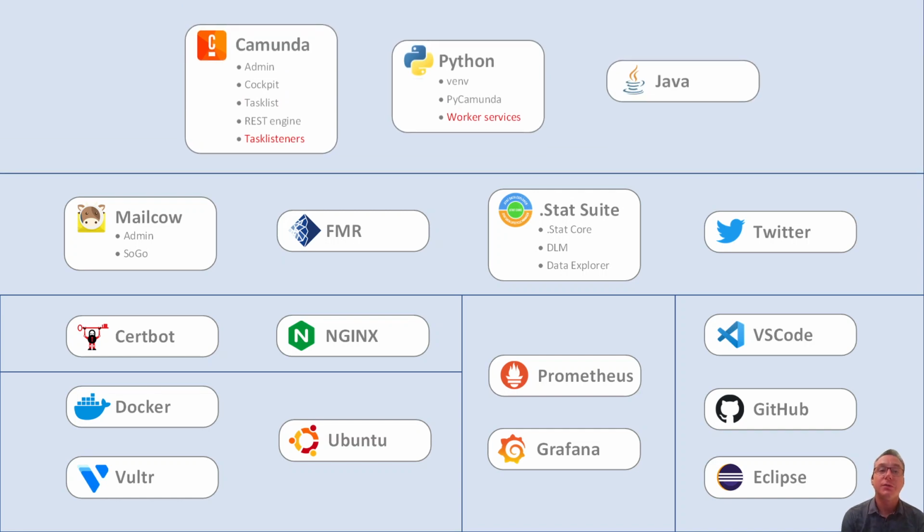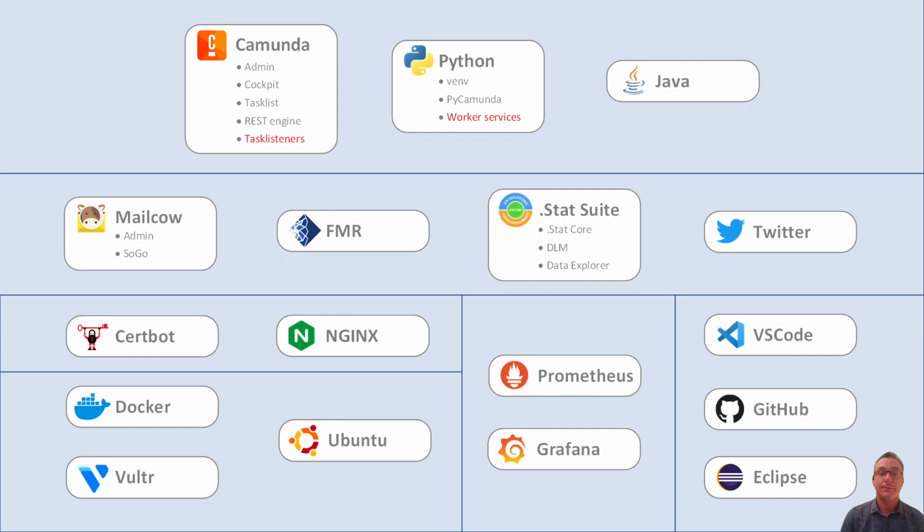Regarding workflow management, Camunda platform is used. It includes a REST interface to the workflow engine and a series of web applications, Camunda Admin, Camunda Cockpit, and Camunda User Tasks. Python is used to expose required application function provided by core applications as services accessible to the workflow engine. This makes use of Python virtual environments, PyCamunda, and regular Python modules. Some limited Java components are also needed to support email notifications about assignment and completion of user tasks.